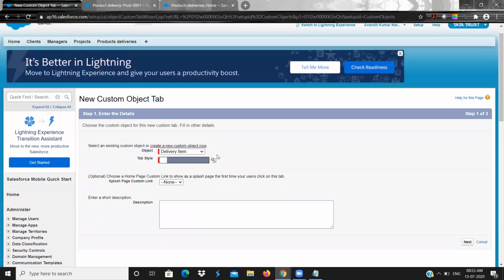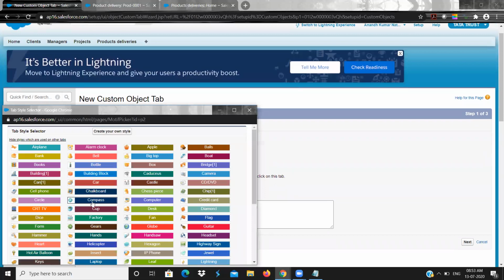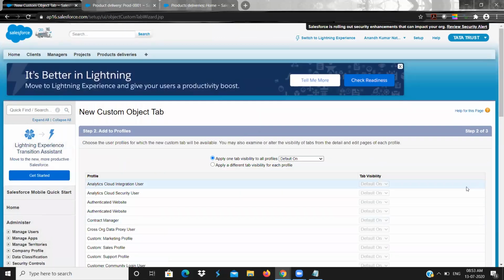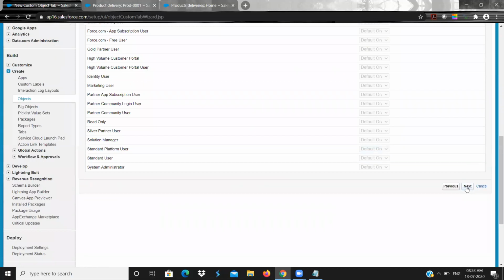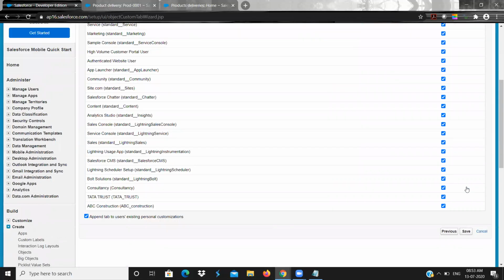Okay, so delivery item, what will be the... I'm giving some theme and clicking on next, and clicking on next, and again I'm clicking on. See, these are all the app areas.